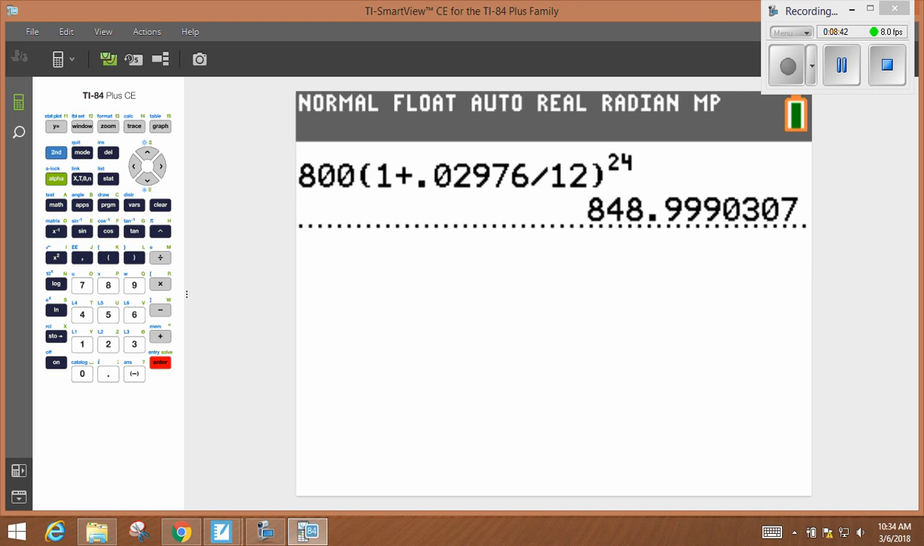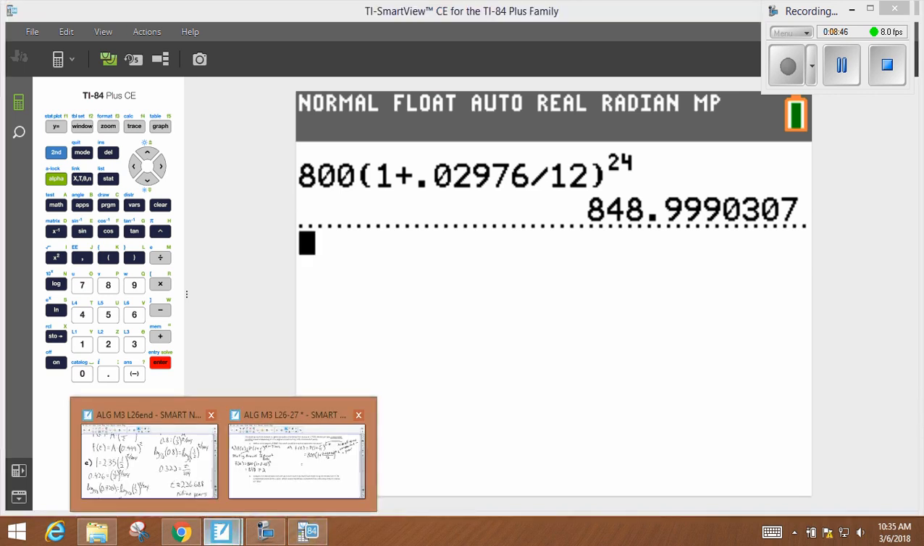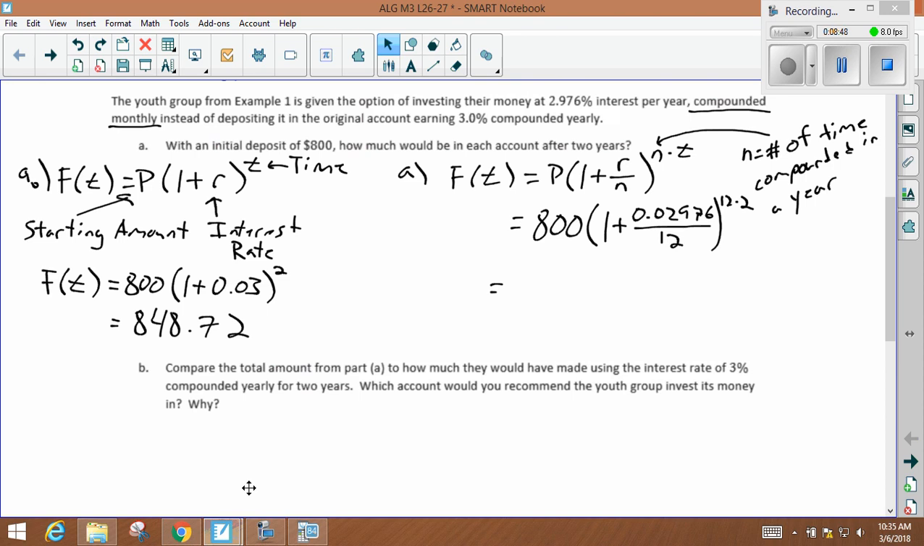It's in my formula over here. Right there. So it's n times t. T was the number of years, and it says for 2 years. All right. So for B, if we were to compare the total from part A,